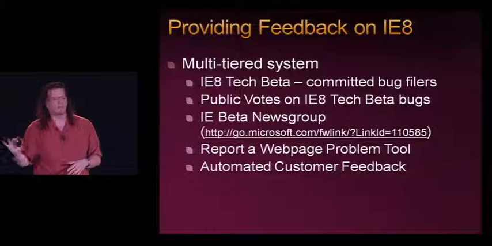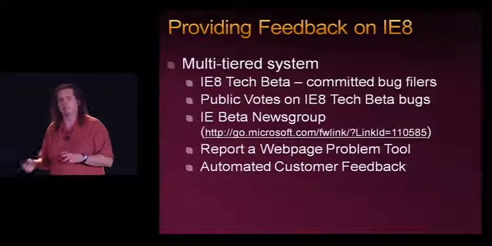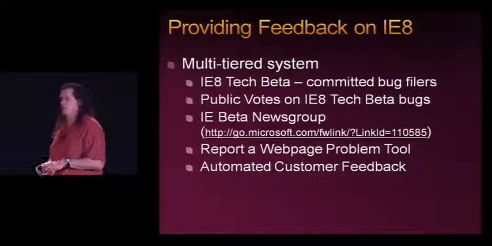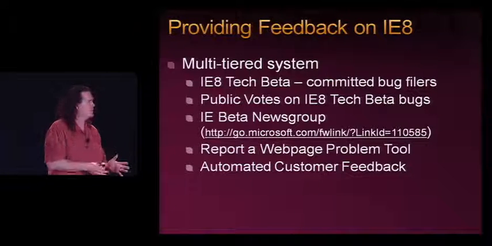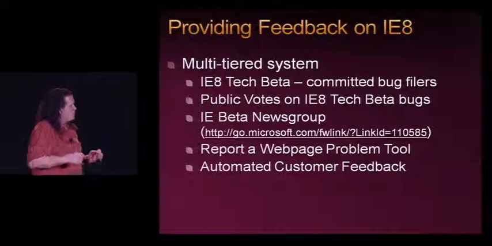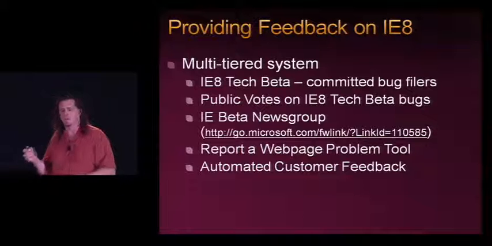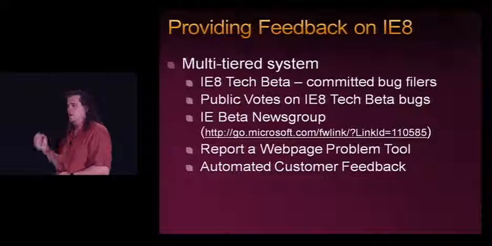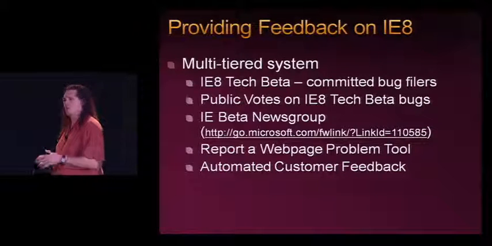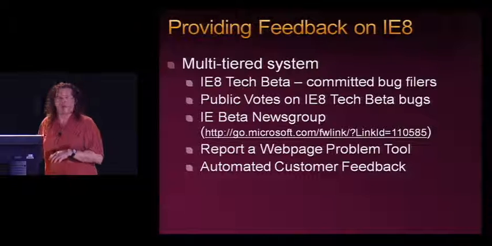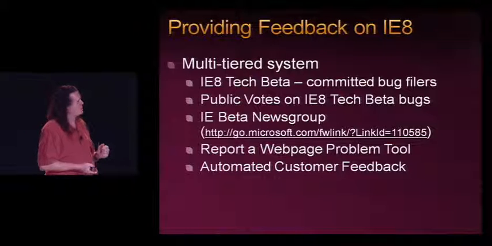Now, we have a lot of approaches to getting feedback. These are only some of them, but these are some of the most public-facing ones that I wanted to talk about. The first one is we have this program called the IE8 Tech Beta Program, or Technical Beta Program. These people do not get additional betas. All of our betas are public. Beta 1 is public. We don't give them extra data or anything. These are just people who are actually really interested in giving us high-quality bug reports. People who actually have a proven track record of giving a high signal-to-noise ratio. They're not going to enter bugs that say, yeah, so I installed this other software and now IE doesn't work, or something like that, which is, we get a lot of those.